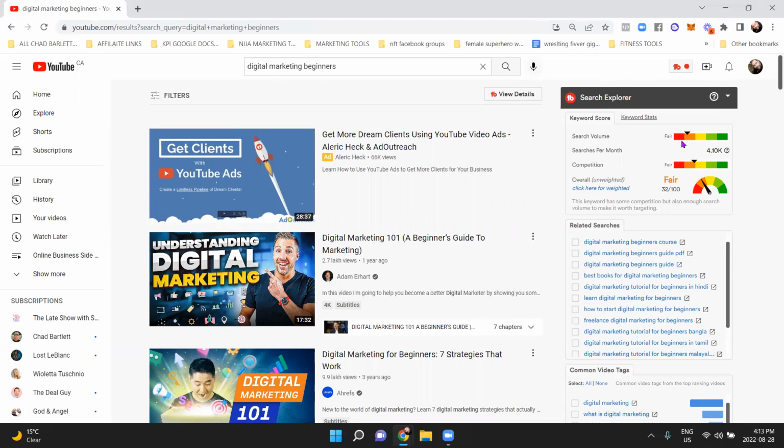Ideally, in an ideal world, we want to see the search volume. If you look at my right-hand side here under my YouTube graph, you can see the search volume. We want the search volume to be extremely high, so we want it to be in the green. And we want the competition to also be in the green. So we want both to be in the green. We don't want a ton of competition, and we don't want low search volume either. So we need to find something in the middle.